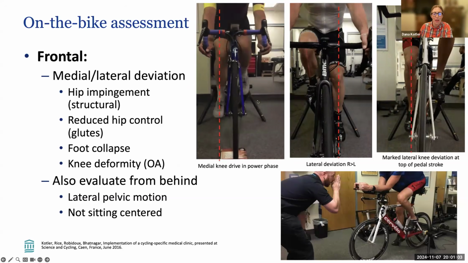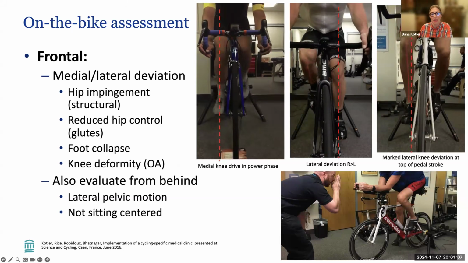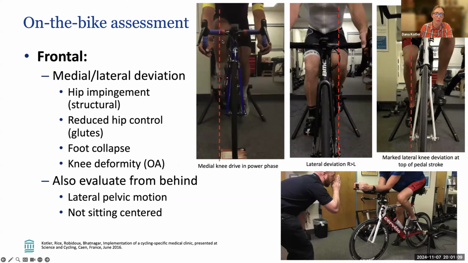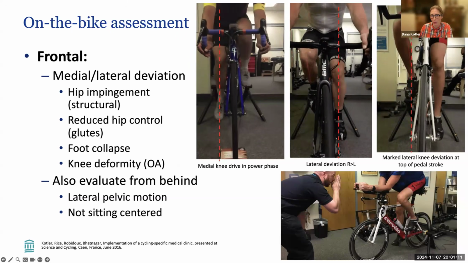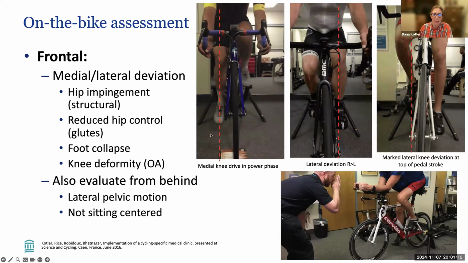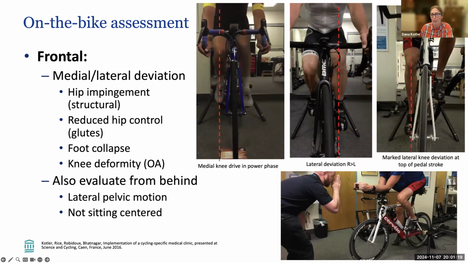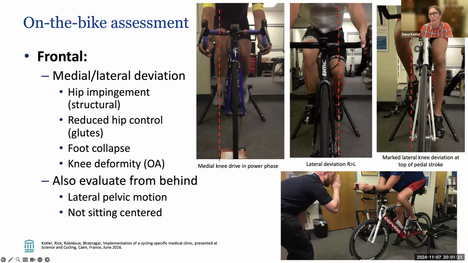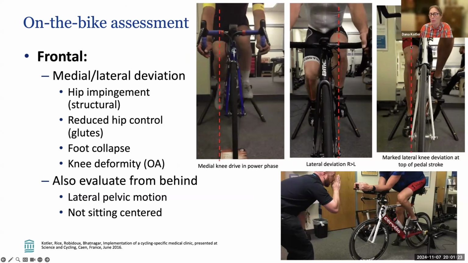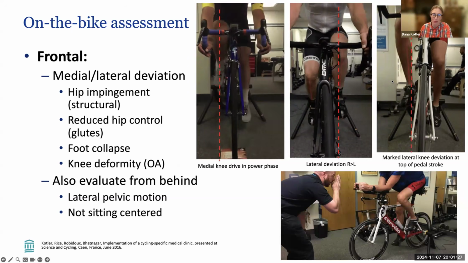We then look at them from the front, and the front is a really good place to see what the knee is doing. So if the knee is wobbling from side to side, we can set up a little laser level, just like a Home Depot laser level. And that'll show us if the knee is starting to drive in, or if it's starting to kick out at the very top. This one on the right is a really good example of a knee that goes way out to the side at the top of the pedal stroke because this guy doesn't have a lot of hip flexibility, so it forces his knee outwards.